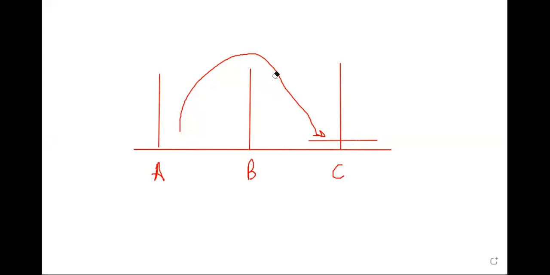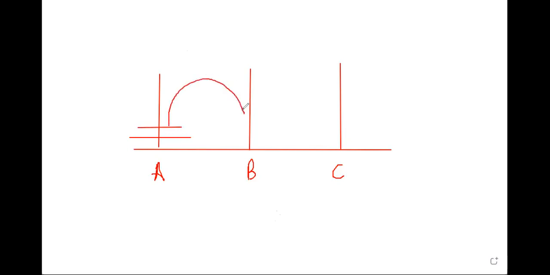Now let's assume that you have two disks, and these two disks are obviously of different sizes, and they are on the source peg. So this is disk number one, and on top of that you have disk number two. And now if you want to move these disks in the same order to peg C, the destination peg, it's not that difficult. You take the top disk and place it on the auxiliary, or supporting, peg. Then you take the larger disk and move it straight to the destination peg, because when you remove the top disk, there will only be one disk left